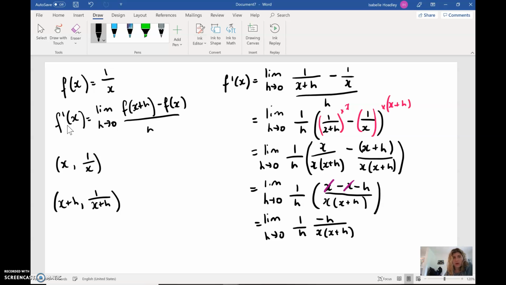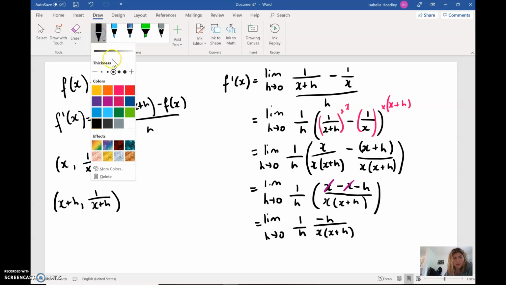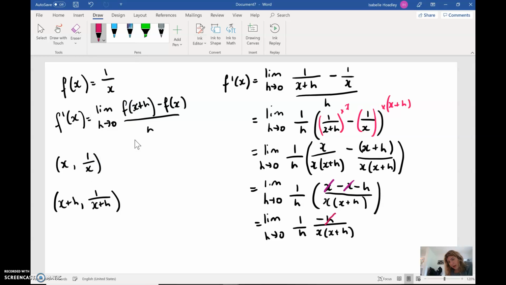Now, our goal and our endpoint is still exactly the same as what we were working with in our previous functions, where we want to get rid of any kind of divide by h's so that we can apply our limit as h approaches 0. So at this point, we've got a multiplier of negative h on top of our function, and we're also dividing by h. So we can cancel those out because our times and our divide cancel. That's 1. Cancel that out. And what we're left with